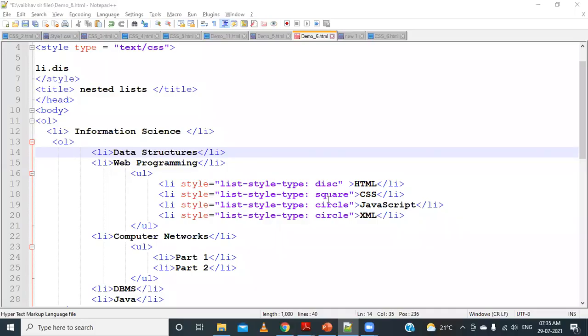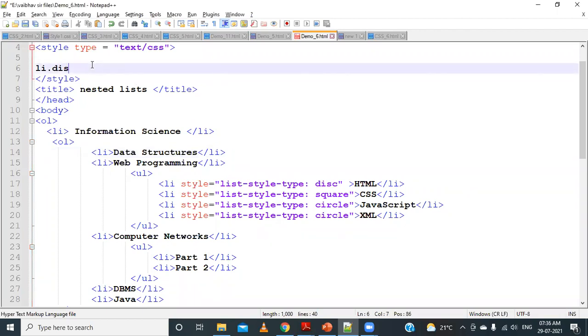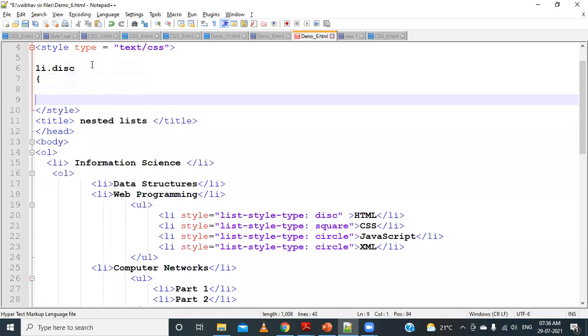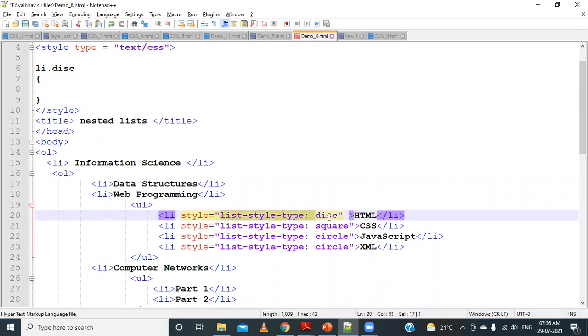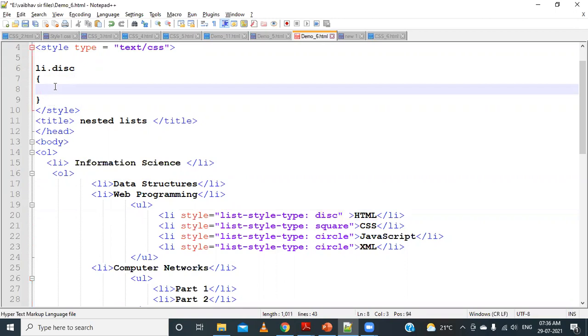So instead of specifying it everywhere at the inline level, I will say li.disk, and then here I will set the properties. I will use list-style-type as disk.